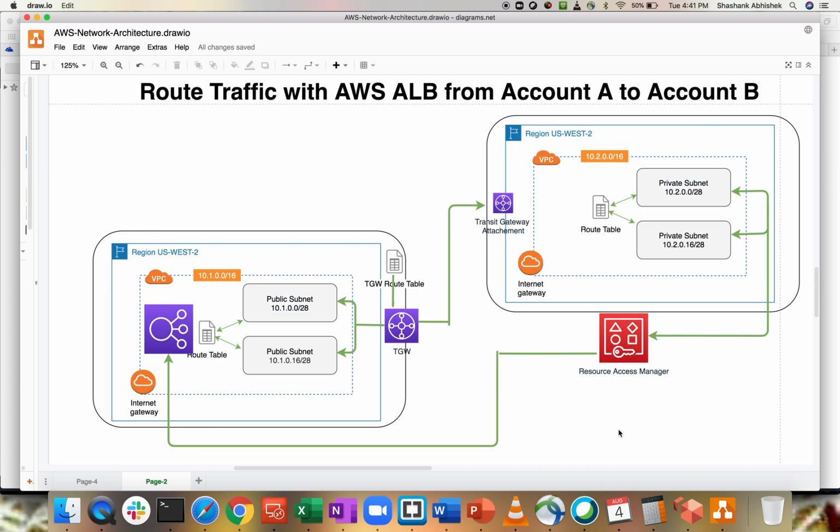Just try it out on your account, guys, and trust me, this is one of the secure ways that most of the companies are working with when it comes to a multi-account deployment model. And this is fault tolerant, highly available in nature, and very secure in nature. That's what most companies want, and cost effective as well.